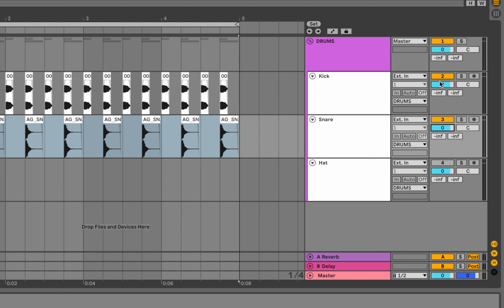These are all set at 0 right now, which is also referred to as unity gain. We're neither adding volume or subtracting volume from the incoming signal. Next to that, we have the pan pot. Right now it's providing us with a letter C, indicating that the signal is currently located in the center of